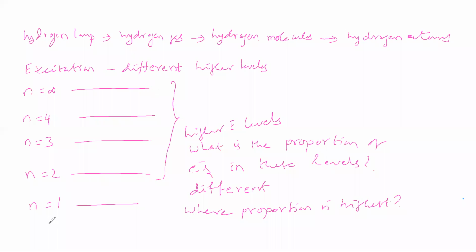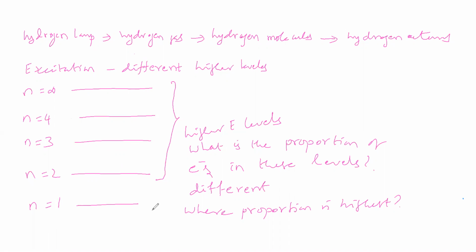Lower level means one we need not take, it is the ground state, you leave it. We are talking about higher energy levels. Higher energy levels means take from 2. Generally, if you say where the proportion will be highest, will you say the second, or third, or fourth, or infinity, when nothing is mentioned.